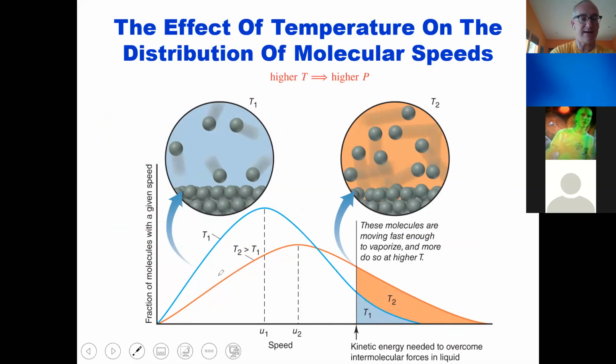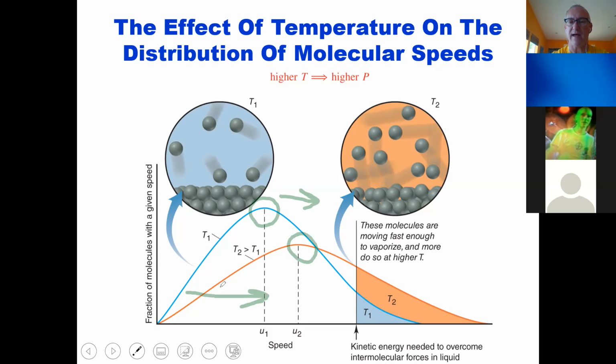As we increase the temperature, going this direction, we can see that the speed goes up, and we have more and more molecules going faster and faster. Here, at this first temperature, T1, the average speed is right here. We increase the temperature, and now the average speed is right here. It's gone up. And as we increase the temperature, the average speed gets higher and higher